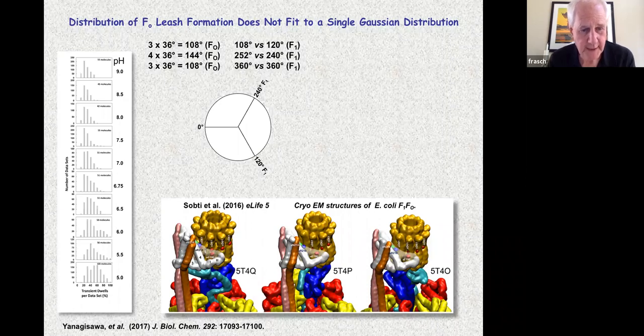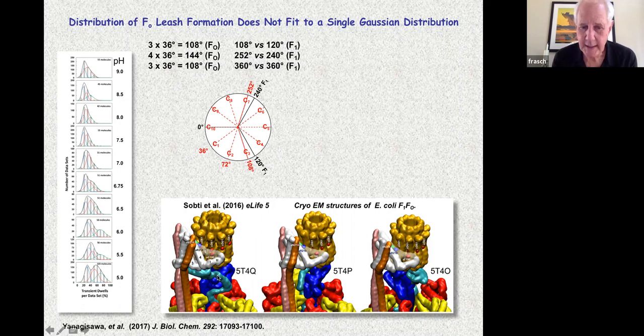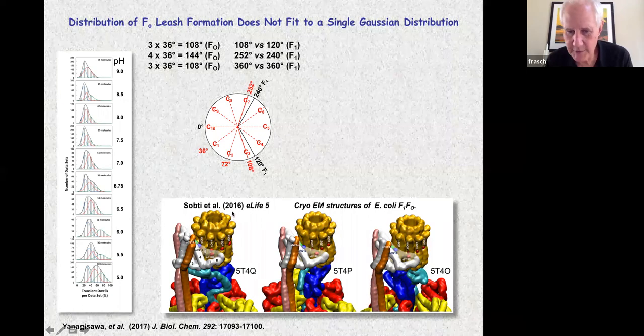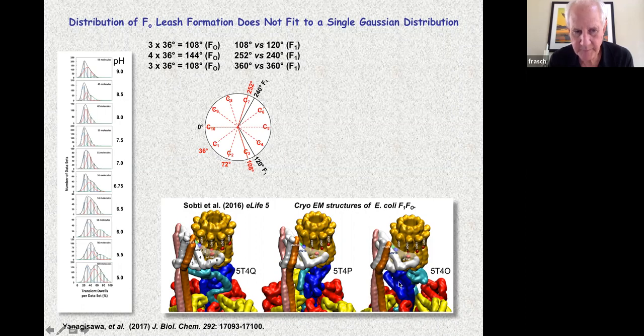What confused us for a long time is that this didn't fit to a nice simple Gaussian. In fact, in order to make it fit, we had to fit 3 different Gaussians to it. But then when we thought about this, we thought, gee, the gamma and epsilon subunits are asymmetric, so that it's in 3 different positions. And you can see that by cryo-EM structures where you can see all 3 different positions. And because we have 10 C subunits, but only 3 catalytic sites, then during one of the